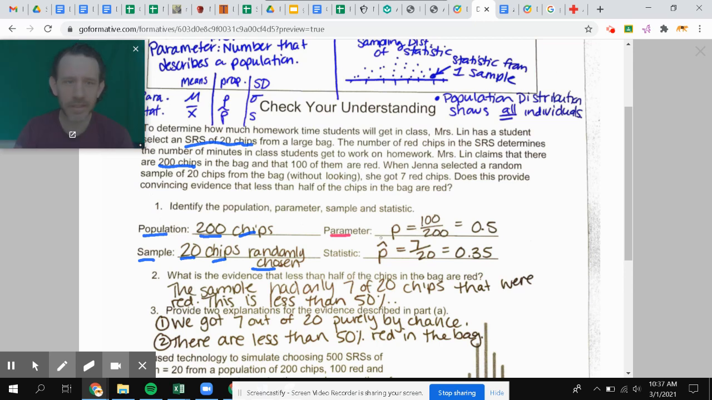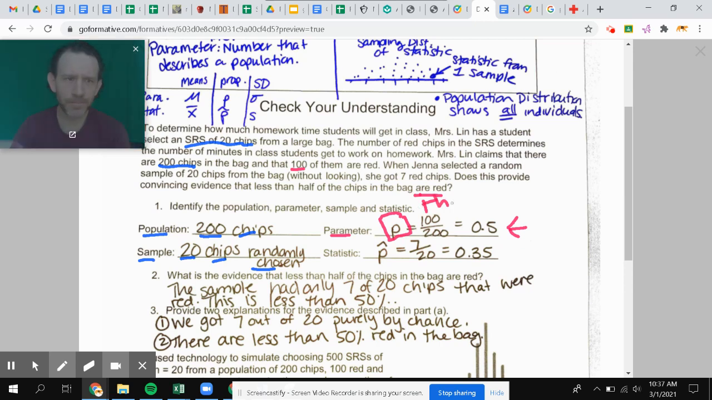Now the parameter. Notice the parameter, the symbol that we use is P, because we're talking about proportions, not means. The proportion in this case is how many red chips there are. We're looking for red chips in the bag. And in this case, we were told that there were 100 out of 200, and that's where you got your answer for the parameter. Sometimes you're going to get a question where you don't actually have the population information, where you would just say P equals the